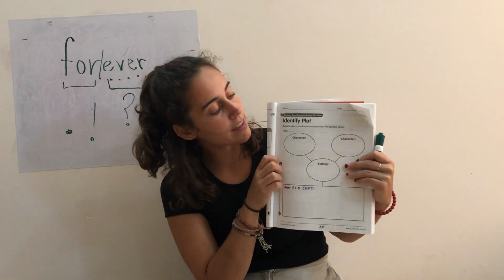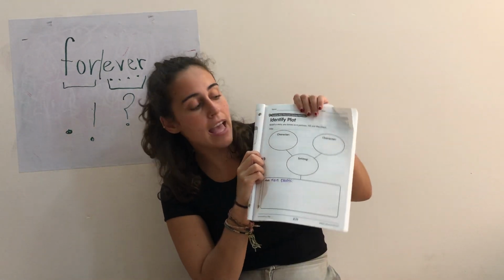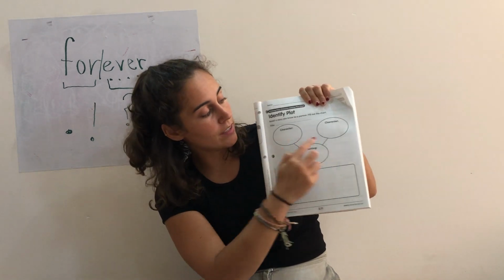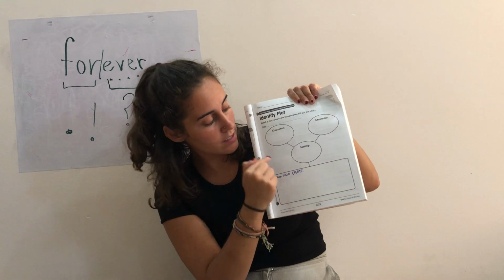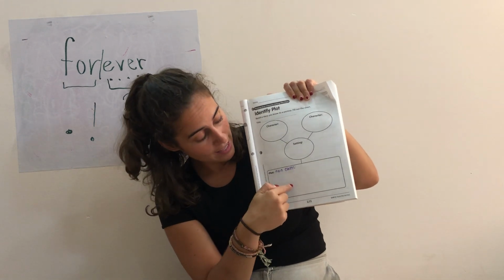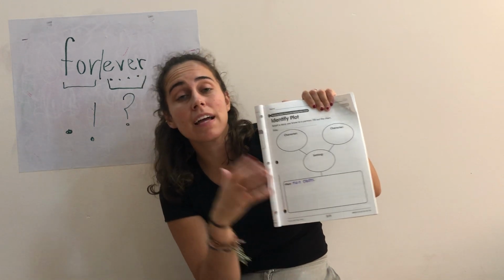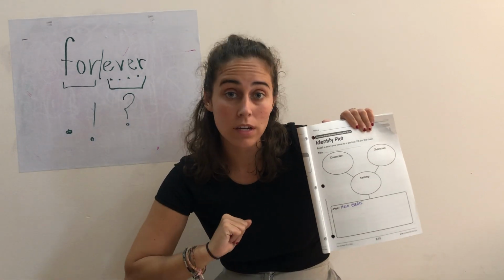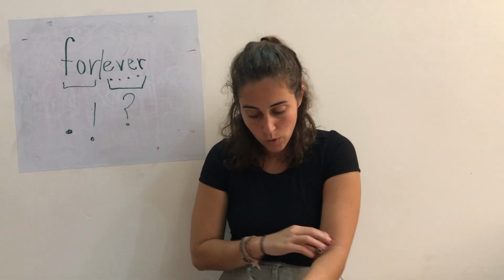Here we have the character, setting, main event, retelling, plot. Up here, we can identify the characters. Here, the setting, and then down here, the main event, to help us organize our thoughts so we can retell someone the story. Okay? And today, we are going to read